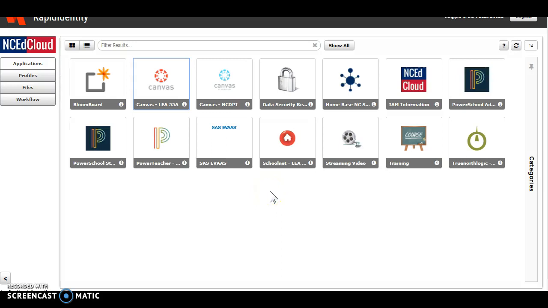All right, right now we're going to go through some of the very basics of Canvas. Hopefully I can get through this quickly, but with enough detail that you can understand what you're doing. So once you've logged in through NC EdCloud or Rapid Identity, you should see a page that looks similar to